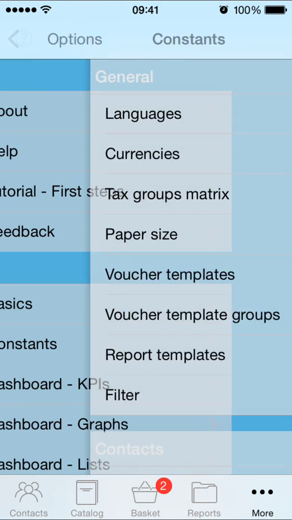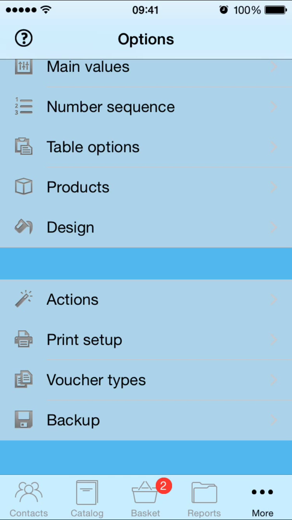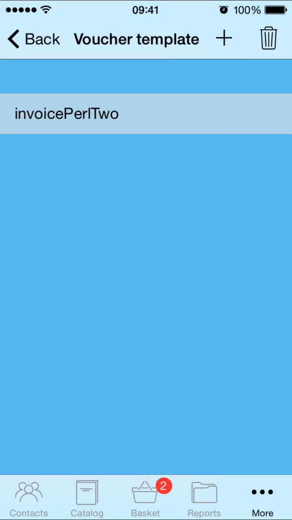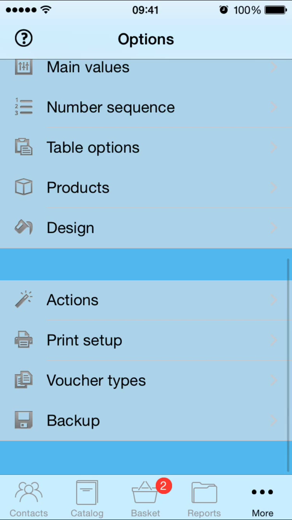Go back to the options and have some other point called print setup, and if I go to this print setup I can select the right voucher template or print template, and after that I go back to the basket